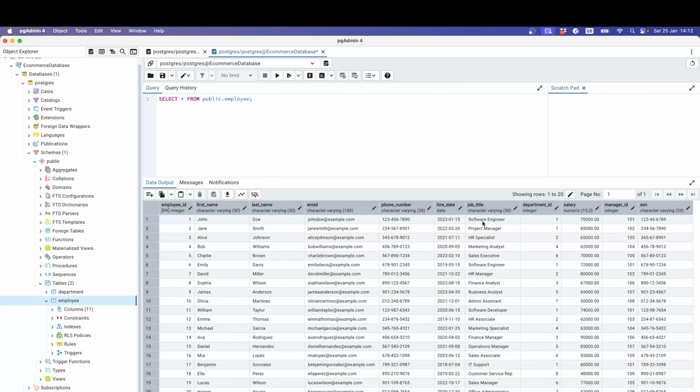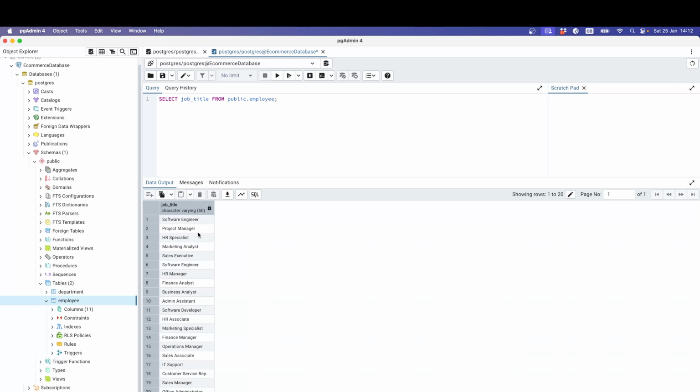Job title, I would say they are repetitive somewhere. Let's check. I think job title. Okay, and there are 20 job titles. Okay. If you write distinct, they are 19 now. Okay, so one is gone. Anything you want to get rid of repetitive stuff, you can use distinct for that particular column,